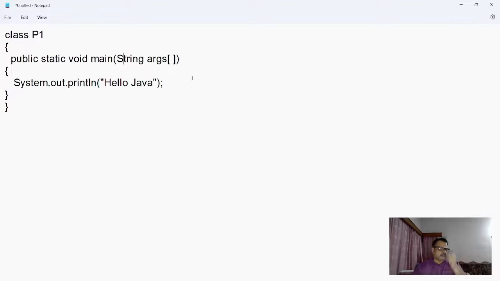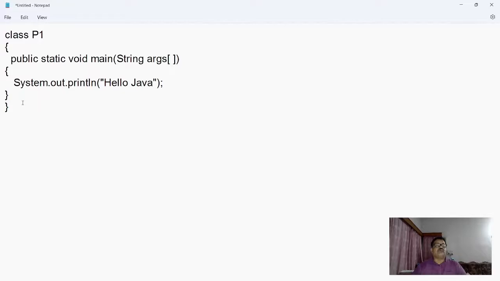From now, if you see any entity which starts with a capital letter, it means it must be a class. No doubt, no question about it. Similarly, if I see System, this S is in capital. It means System is also a class. That's why I have written my own class in the same manner. That is the cause. Okay.